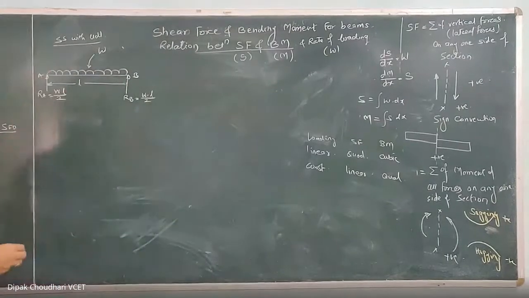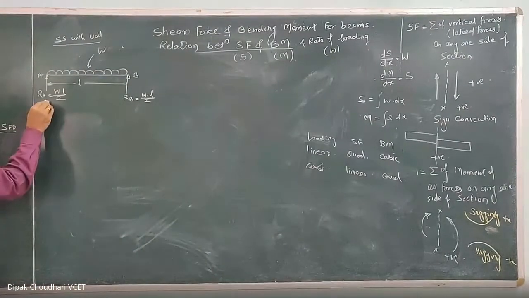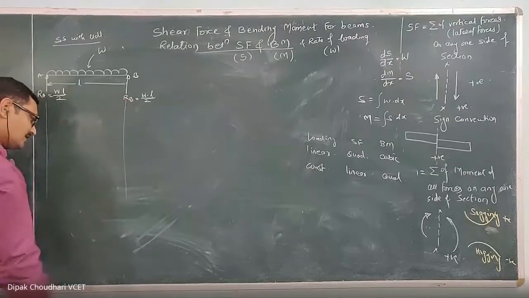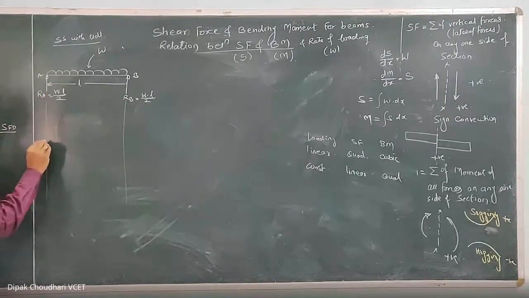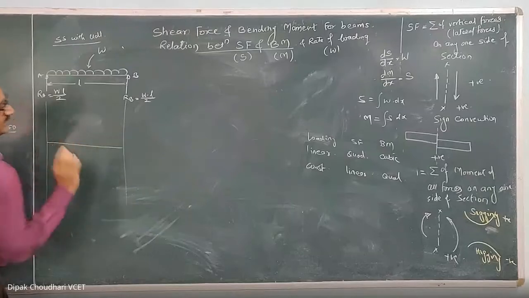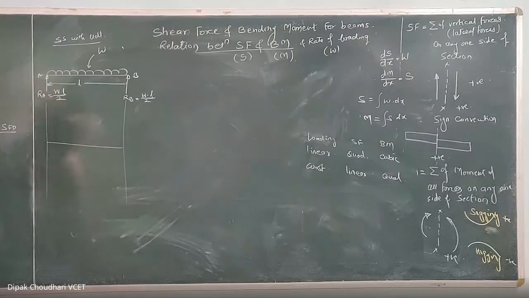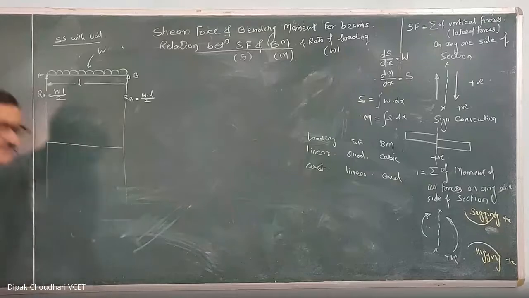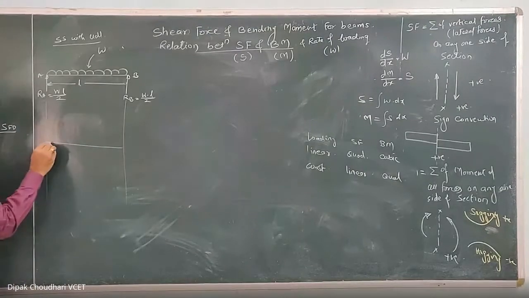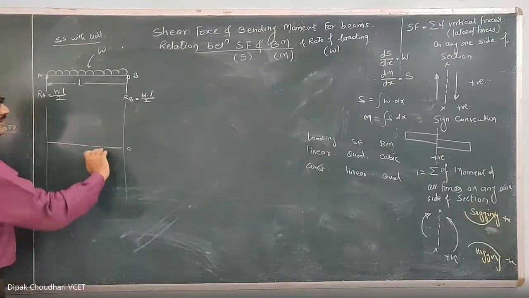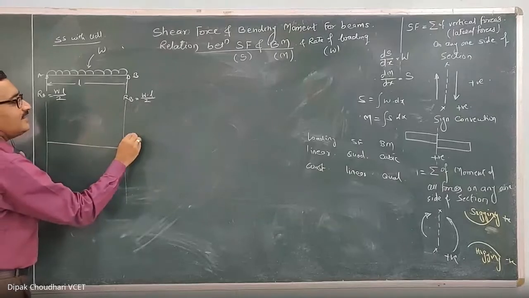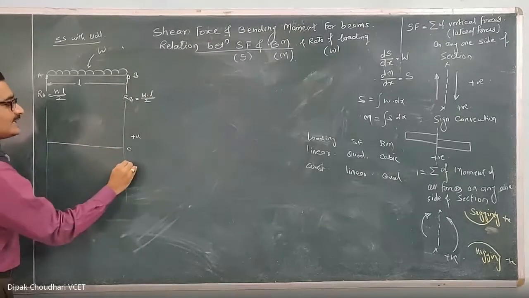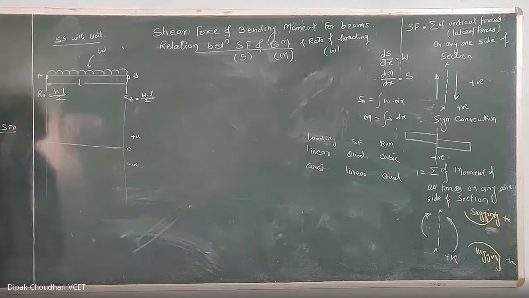Okay. Now for this we have to draw the shear force diagram and bending moment diagram. Yeah, so you can project this. This is the baseline to draw the shear force diagram. Understood? This is the baseline to draw the shear force diagram. Here the shear force is 0. Above this baseline, we are considering the positive shear force. Below this baseline, we are considering the negative shear force.